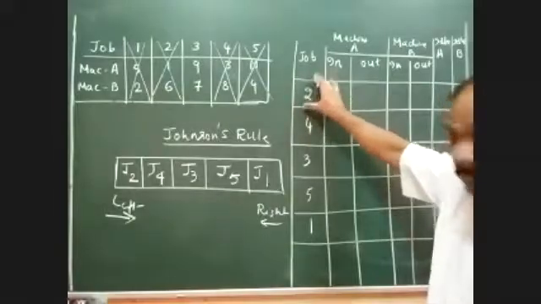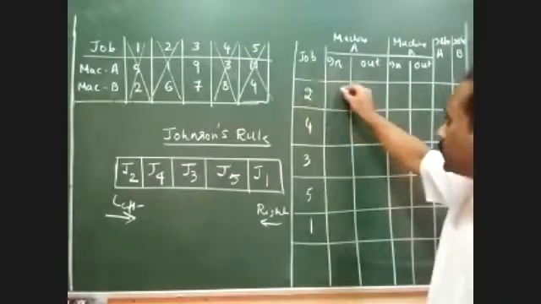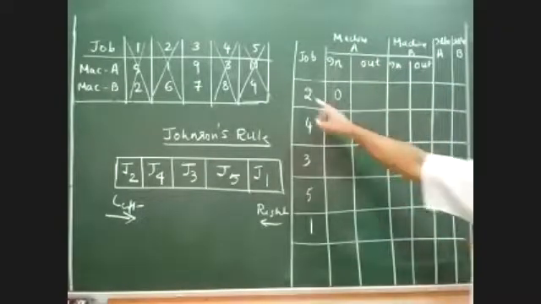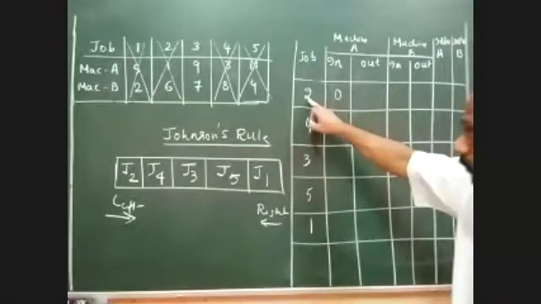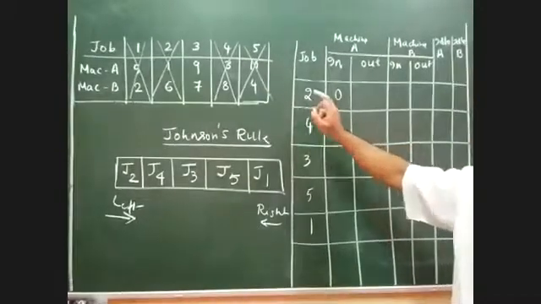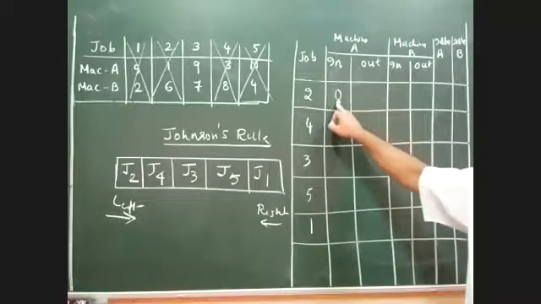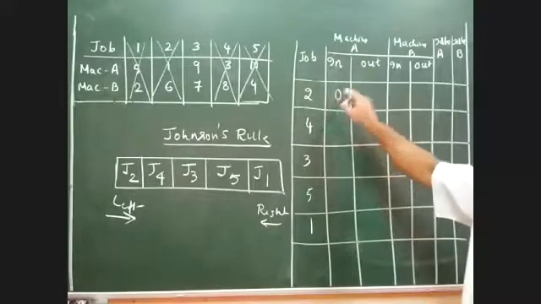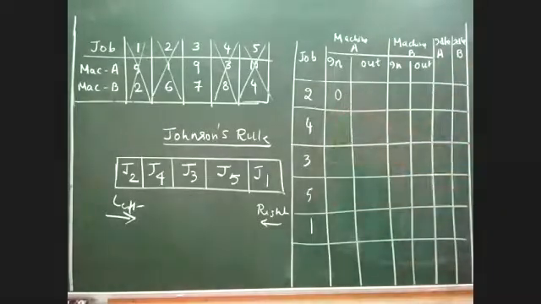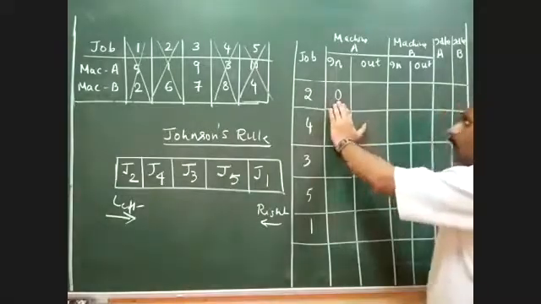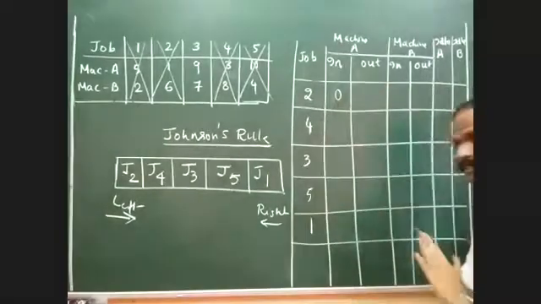The first job to be performed always starts at 0 minute. This is an assumption. Please remember, I am not writing 0 for job 2 specifically. Whichever number it is, the first job that is processed in the machine shall be starting from 0. That is what you are supposed to assume, and with this I have to do the entire table calculation. Now a very important step. Once you have started the job at 0 minute, how do I calculate the remaining values?